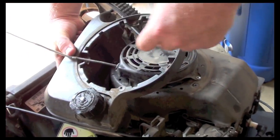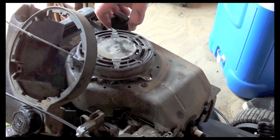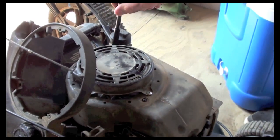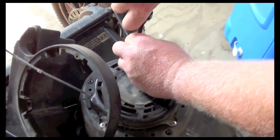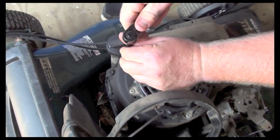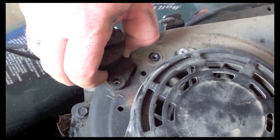Take this off. Now, it's also held on by the fuel line. Take the oil dipstick off, and then we're going to get this cover off. So first is the oil dipstick. It's just one bolt, and we don't have to pull it out of the engine. It's just the O-ring that holds that in. So I just want to make sure it's unhooked from this,